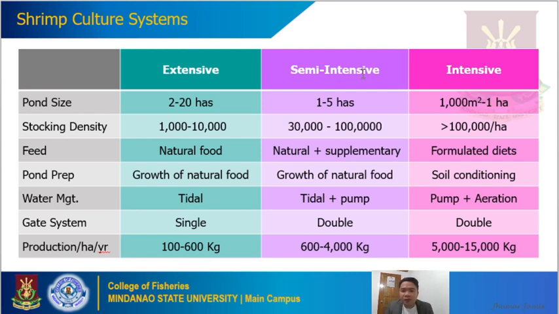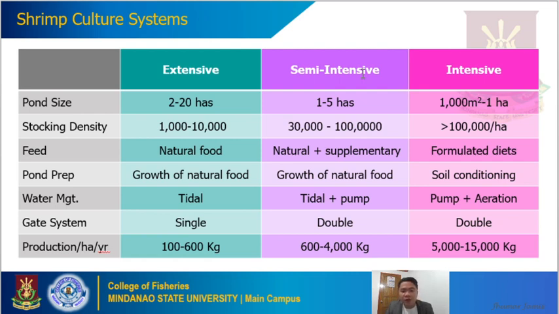The intensive aquaculture will just rely on the formulated diets or the artificial diets being supplemented or employed in that particular facility. So that's the difference according to the feeds for the shrimp culture systems. Now, we could also classify the extensive, semi-intensive, and intensive shrimp culture systems according to the pond